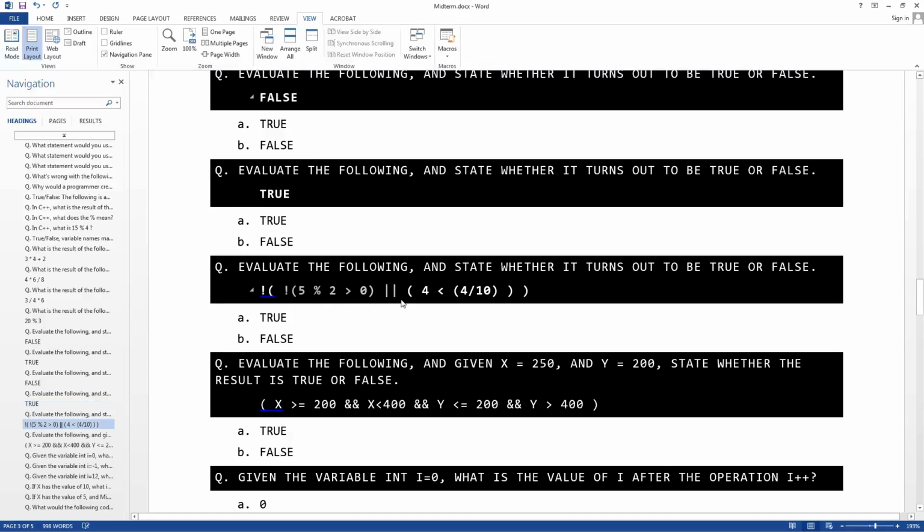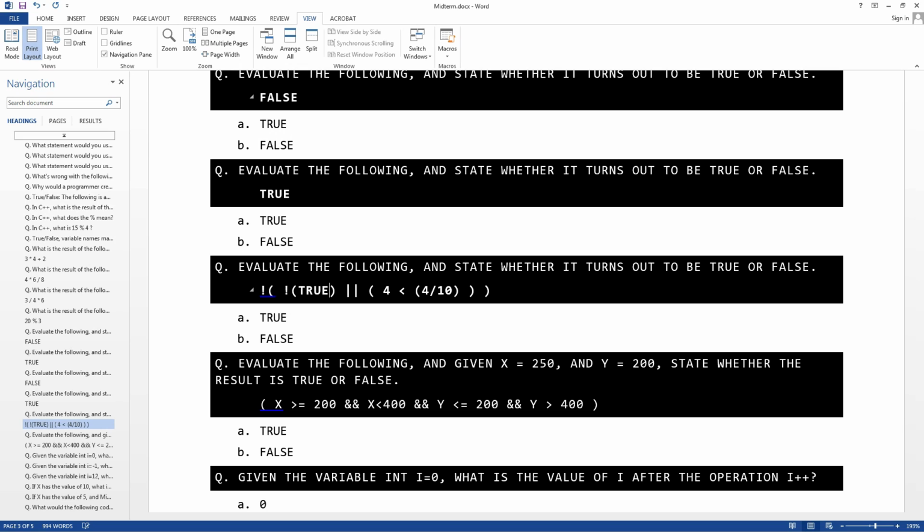This is the most complicated one. Luckily, with these you can guess 50-50. If you had trouble, you had a 50% chance of getting it right. But I threw a modulo in there just because. Is 5 modulo 2 greater than 0? Well, what's 5 modulo 2? What is the result of that? 1. Because remember, 2 goes into 5 2 times, and there's 1 left over. So is 1 greater than 0?